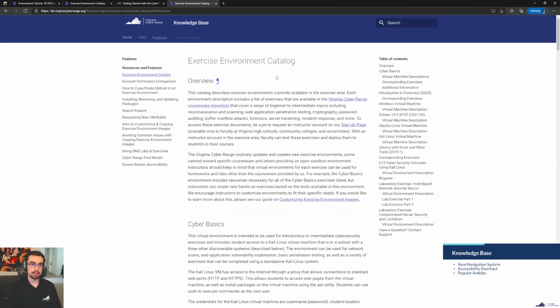But we can go back to the top here in the overview. And another big thing that we've been working on is accessibility. We want users and students to be able to use the knowledge base with things like screen readers to make sure that it's an accessible tool for anyone who wants to use the Cyber Range. We've been working on this on both the knowledge base side and the main Cyber Range side. So a few examples of improvements that have come about in the last few months are improvements to tab navigation.